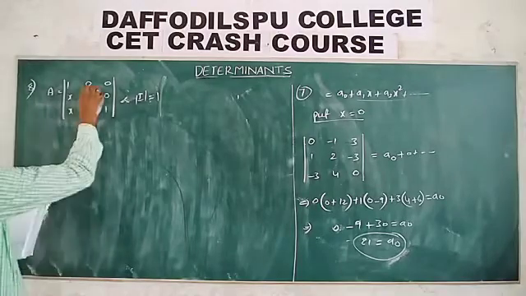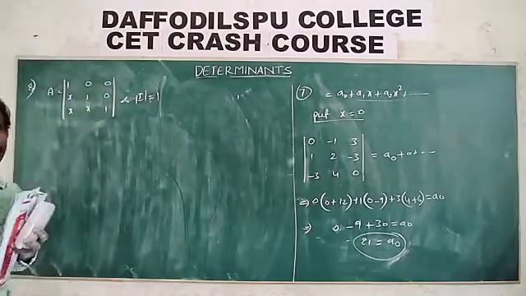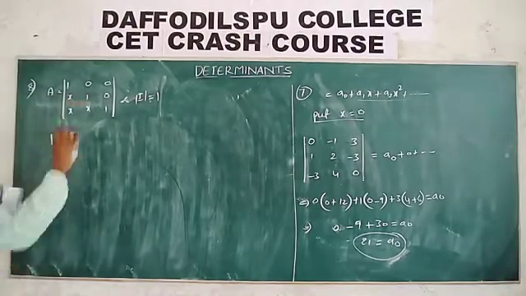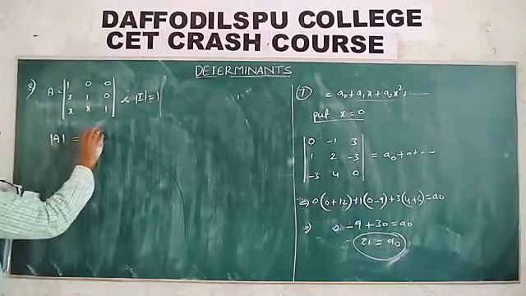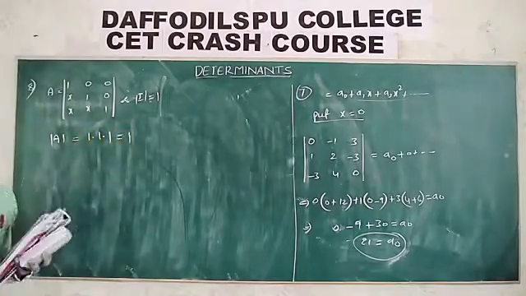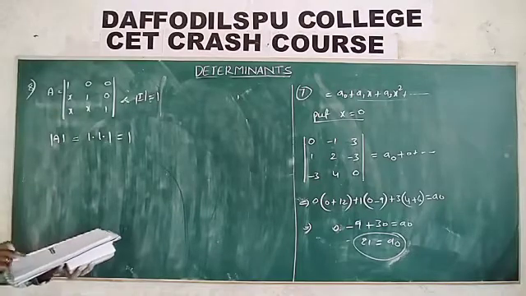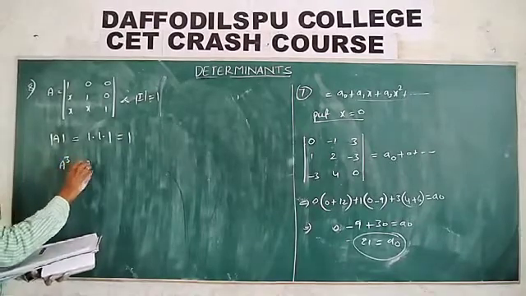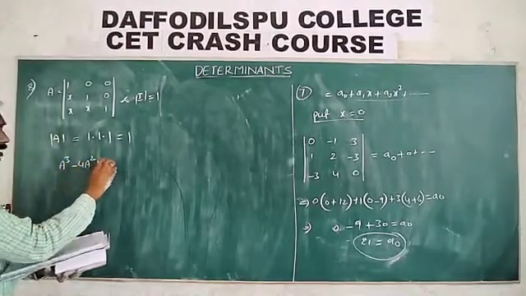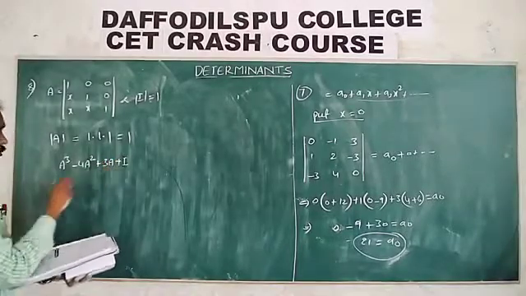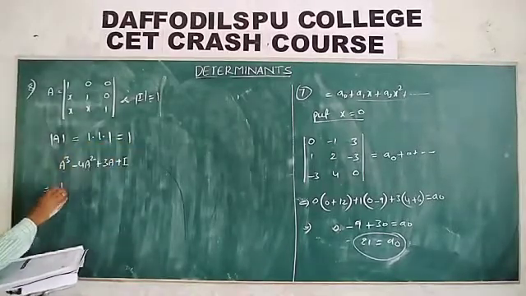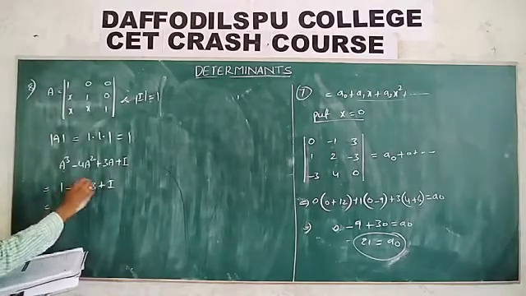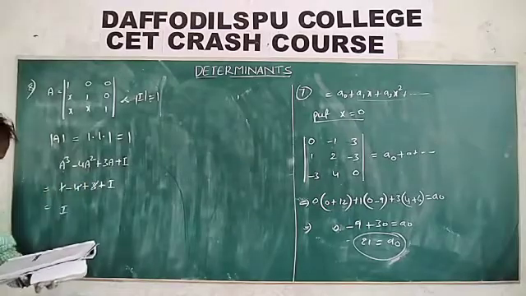I will explain: the lower triangle is all zeros. Lower triangle means determinant of the matrix is equal to product of diagonals, 1 into 1 into 1. That implies det of A is equal to 1. Okay, clear? And they ask A cube value. A cube minus 4A square plus 3A plus I is equal to A cube, A value 1, minus 4 plus 3 plus I. Finally, this value 4 minus 4 plus 4 cancel. Answer is I. Second option.